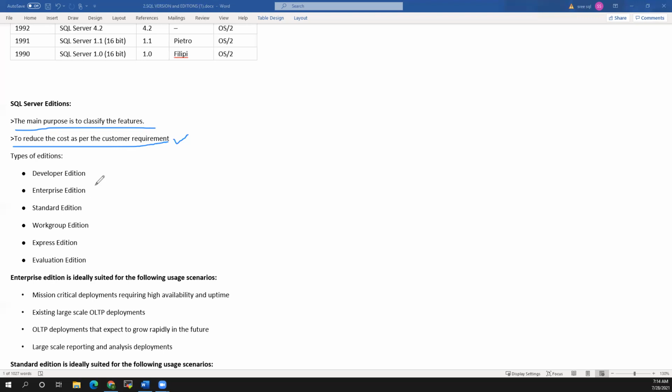So these are the editions: developer edition, enterprise edition, standard edition, workgroup edition, express edition.